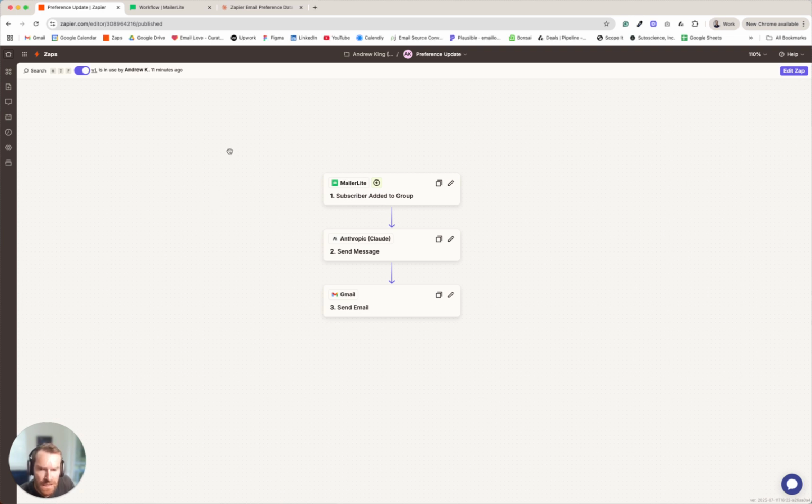So let's begin in Zapier. This is my Zap, and it begins in MailerLite. That's the email platform that we use to send our newsletter from, and where we store all of our subscriber data. As part of MailerLite, we have a preference center where we ask people a certain number